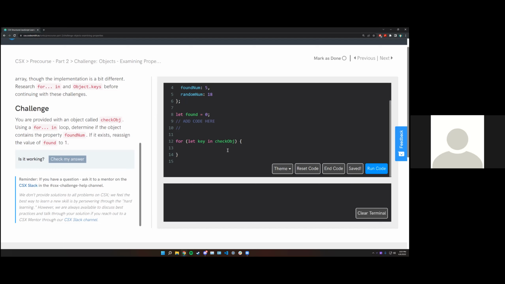Now determine if the object contains the property found num. Now we have to put a conditional. So if, and then try to put the condition. If the object, which is key, okay. So you put triple equals. You got the first thing you wrote right. If the key is equal to found num. Yes, now you know the key is basically found num, and you have to put,